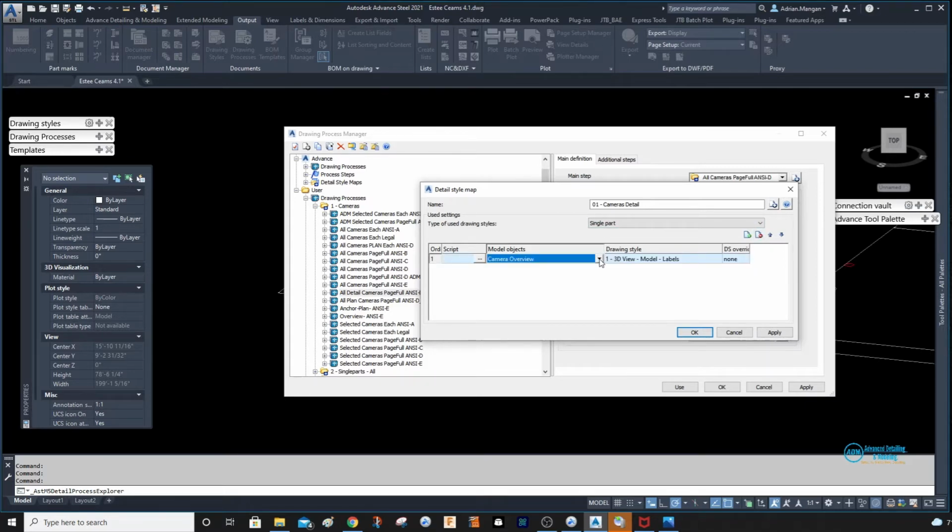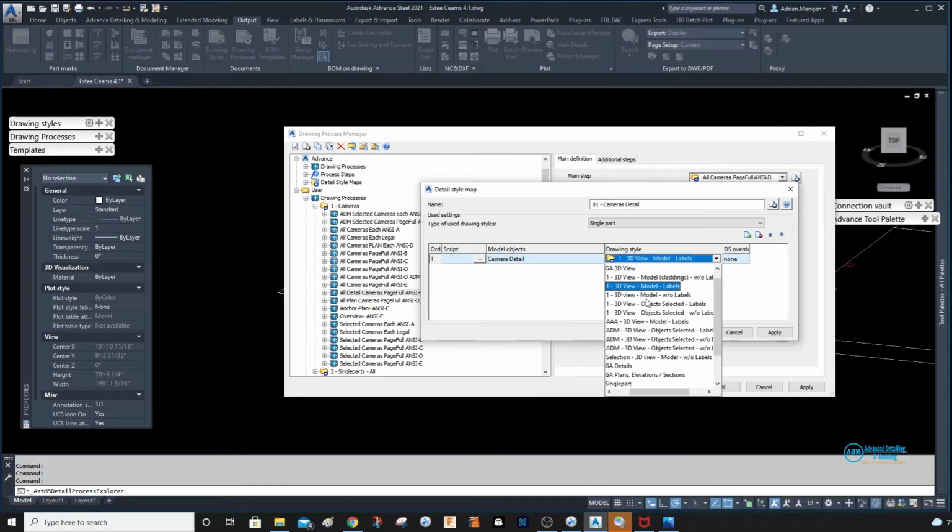The model objects is going to be camera details, and the drawing style that's used is going to be my own one of details, which is ADM 330 seconds. Now we don't need to put this in here because I can direct it to this, so